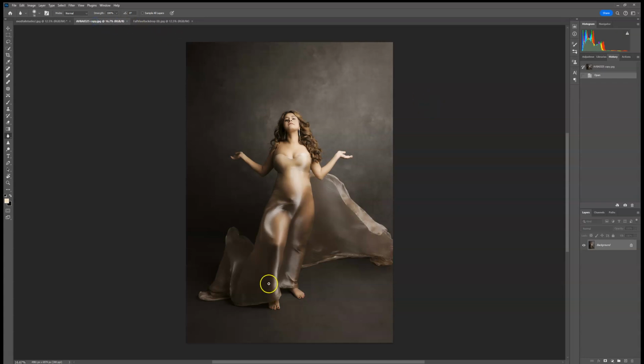Okay, so I'm going to use this. I'm going to do this one next, and I think I'm going to use this on a multiply or something blending mode and try to make it look a little different than the initial image. So I'm going to go to my quick selection tool again, select subject,